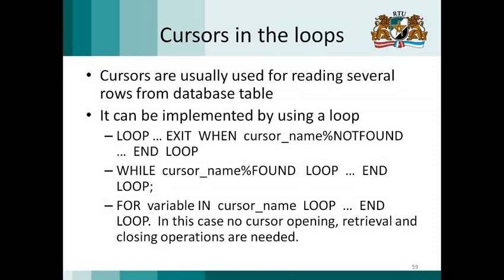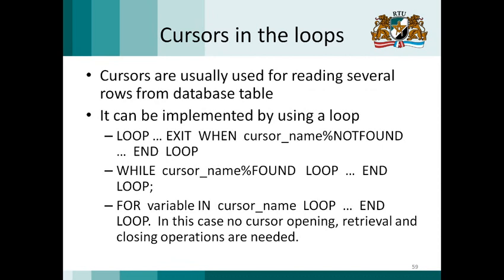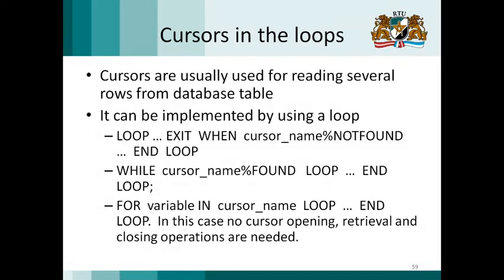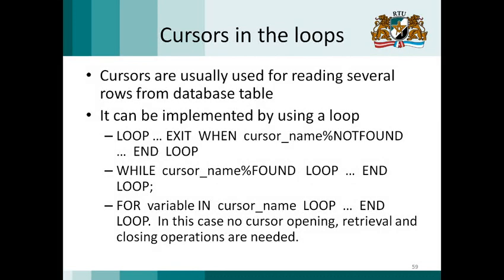And cursors, as I already mentioned, are usually used for reading several rows from a database table. They can be implemented by using a loop. There are several loop types that can be used. This is one way that was already shown in the example: loop, exit when cursor name is not found, end loop. We can also use a while loop, but in this case we will use the attribute cursor name found and continue while there is a record in this cursor. And we can also use a for loop when we define the